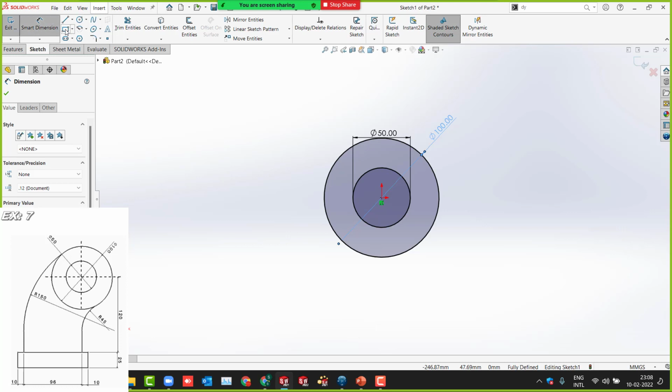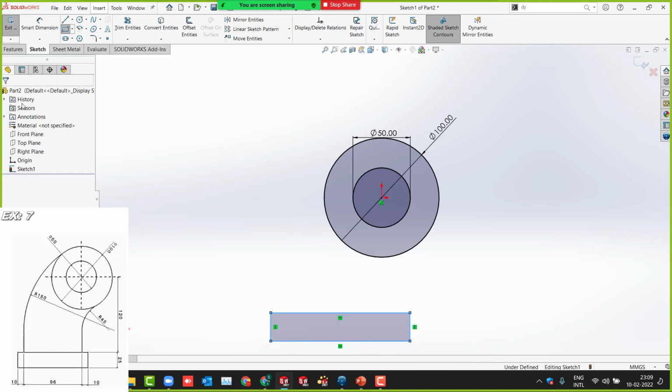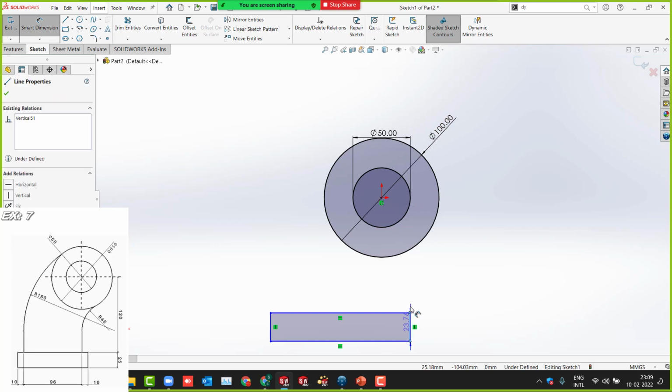So what I'll do is I'll simply draw a random rectangle here. You don't worry about the dimension. Simply draw it like this. And now this is the origin, right? From the origin up to here, how much is it?